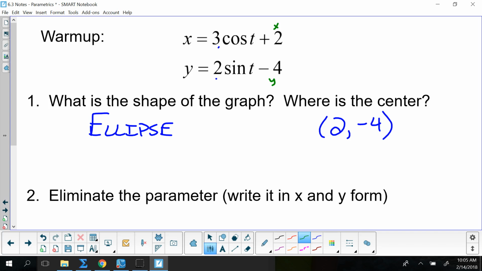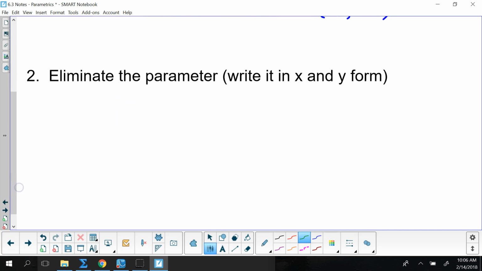So, sines and cosines. What's the first thing I think of when I see eliminate the parameter? Sines and cosines. The hammer. Okay? I think of the hammer first. If there's not sines and cosines, then I solve one of them for t, plug it into the other one, get my algebraic expression, or my equations. Okay? So on this one, I have to take